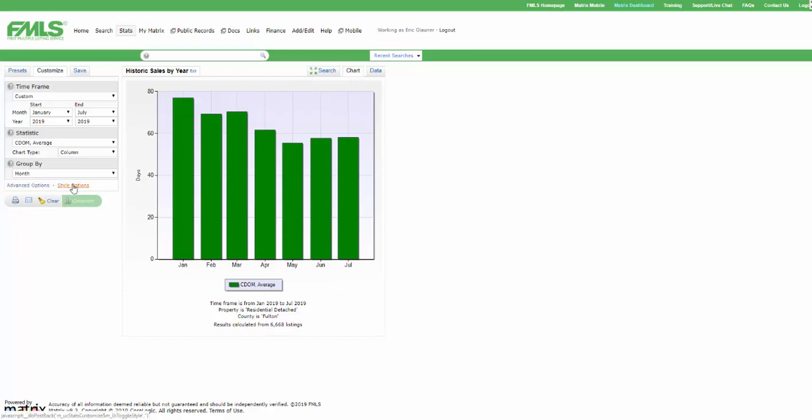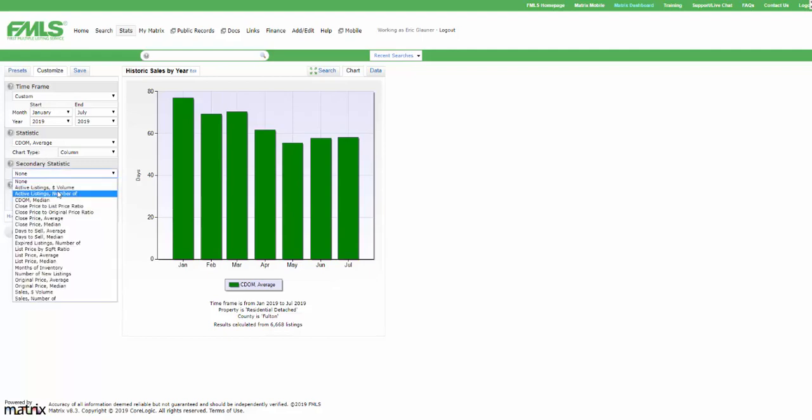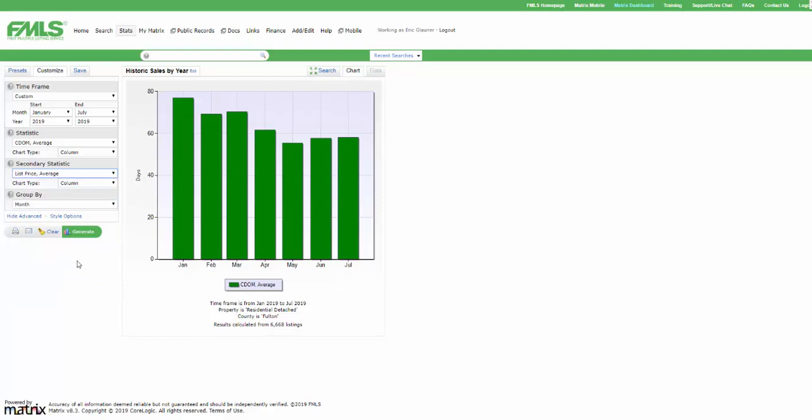Below here, I have two links, advanced options and style options. Let's take a look at those real quick. Advanced options just means add a secondary statistic. So maybe I want to compare the days on market to list price. I choose list price, I click generate, and so now what we can see